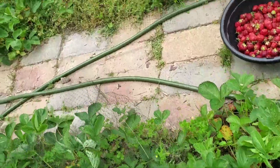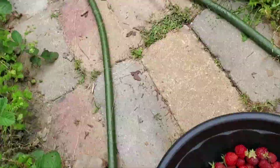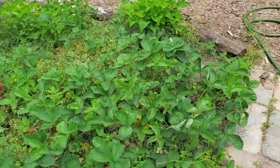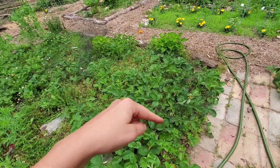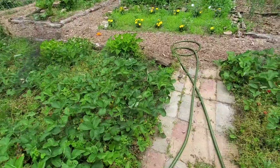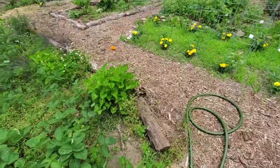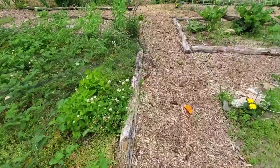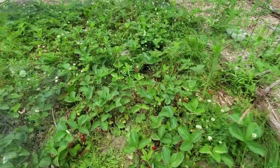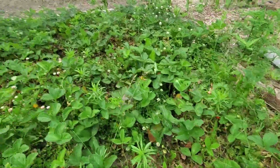So I do plan on having a little bit different system next year. I'd like to put boxes in with removable lids. That way I don't have to deal with the bird netting at all. And I'll probably just use chicken wire. But yeah, this is